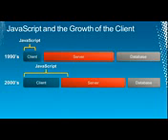Around the beginning of this century, around the early 2000s and culminating in 2005, AJAX became a big deal. Asynchronous JavaScript and XML. And JavaScript was the glue that held that together. And AJAX kicked off this bevy of changes to the underlying web that made it more dynamic and made application development on the web more possible. Our clients grew, the servers started to shrink, and JavaScript was the reason that that happened.